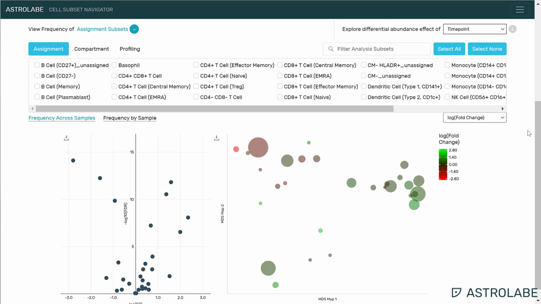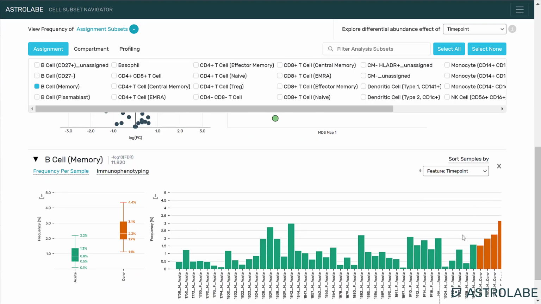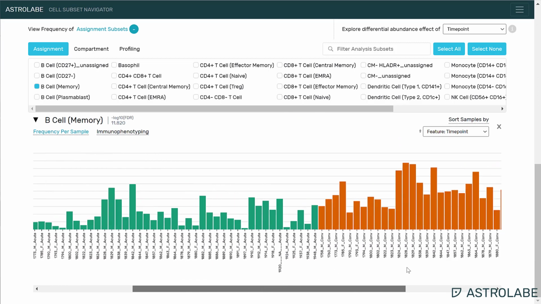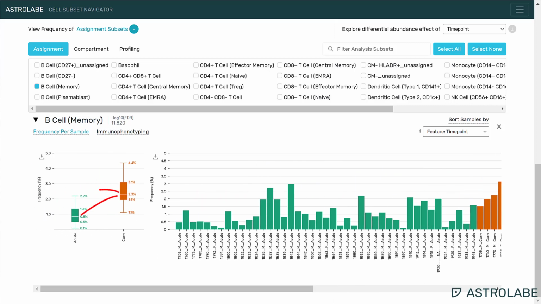in frequency. In both charts, one subset that stands out is the memory B cells, and here we can see that they are not as prevalent in the acute stage of infection, but once the adaptive immune system kicks in the convalescent stage, I can see a marked increase in the bar chart, and almost a threefold increase according to